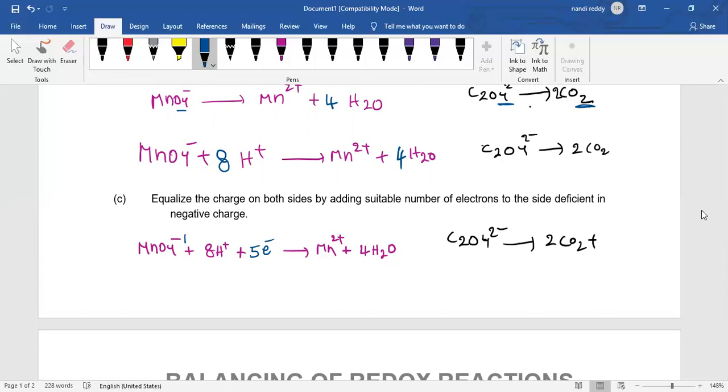The resultant is 2+ and here also 2+. Here we get a total net 2 positive charge. Here also a total net 2 positive charge. So both sides are balanced. You can observe that on the left side there are 2 electrons, and on the right side nothing. So I am going to add 2 electrons on the right side. Now the left side is 2 negative charge and the right side also 2 negative charge. So everything is balanced here, charge. Is it clear? Next point,